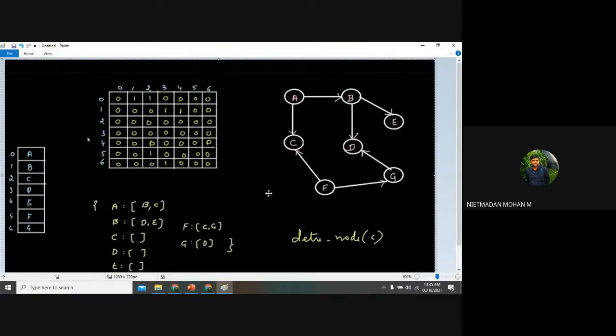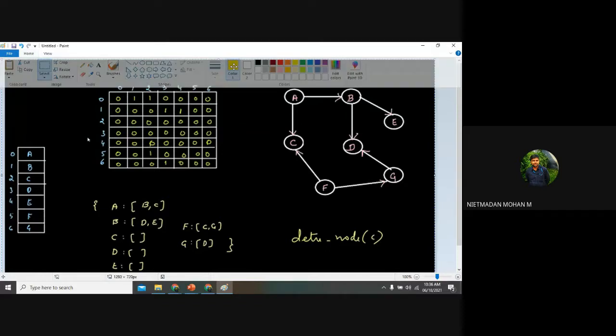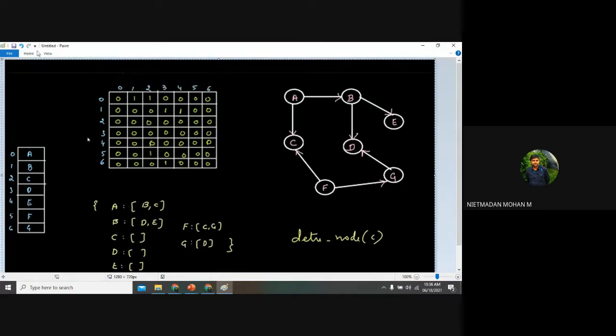Suppose I am deleting a node called C in this particular directed graph. Before that we discussed an undirected graph. Now this is the directed graph, and I want to delete the element C. How will the matrix representation be?